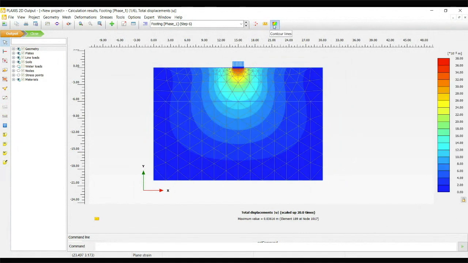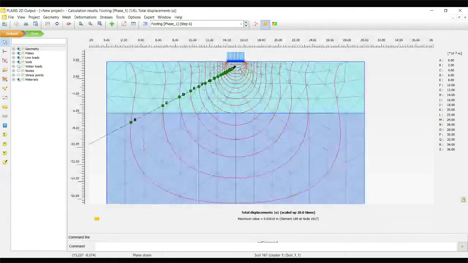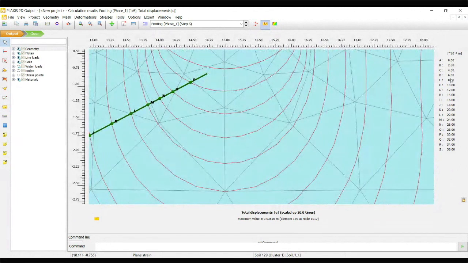Shading option. Line, you can draw the line to modify your scanning line. Suppose instead of this location I want to see in another direction, you can modify the location and see there are values mentioned on the right side.